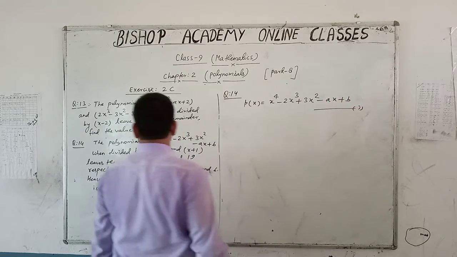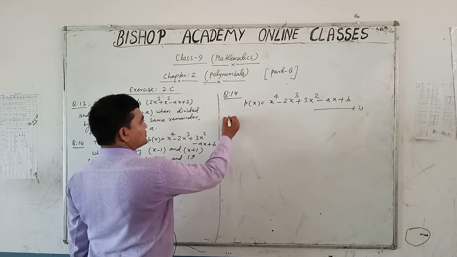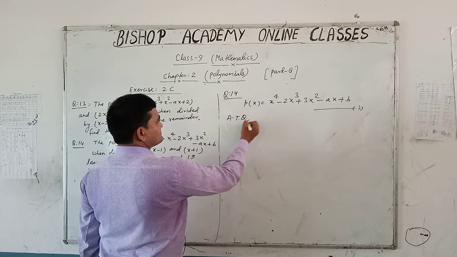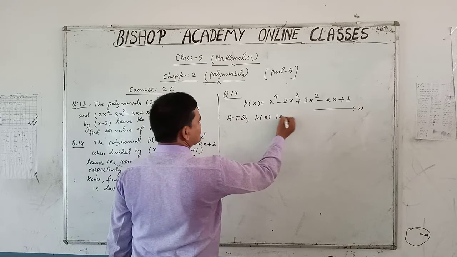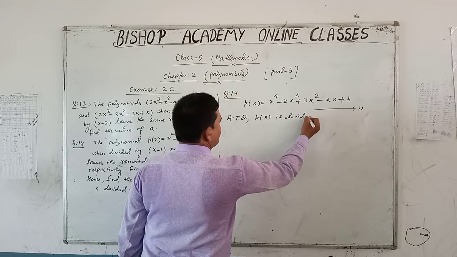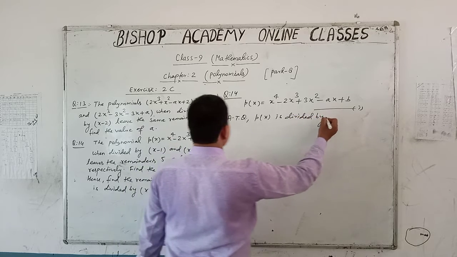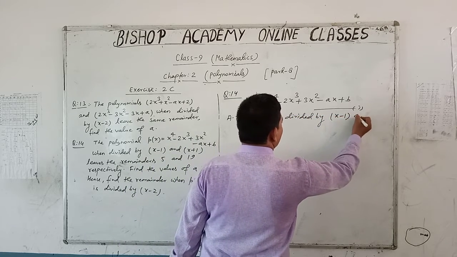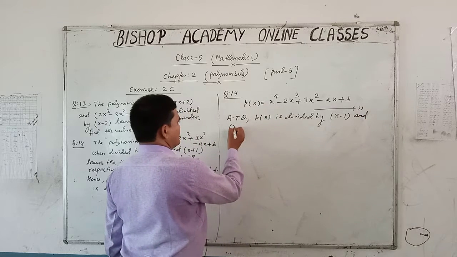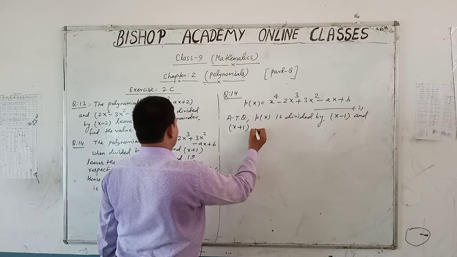Let this is equation number first. According to question, p(x) is divided by x minus 1 and x plus 1 and